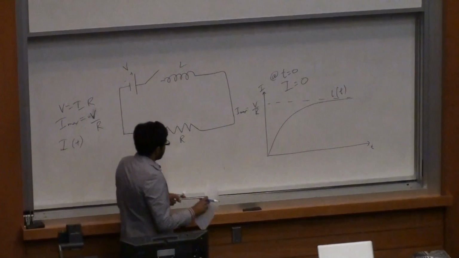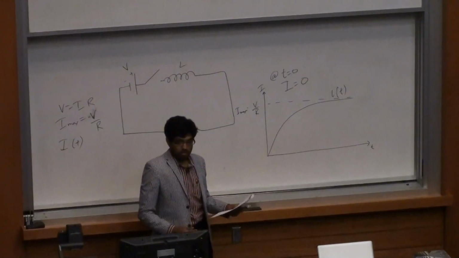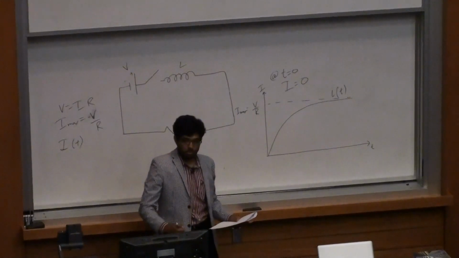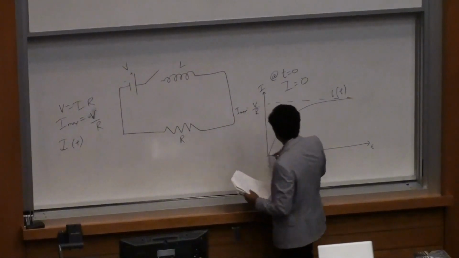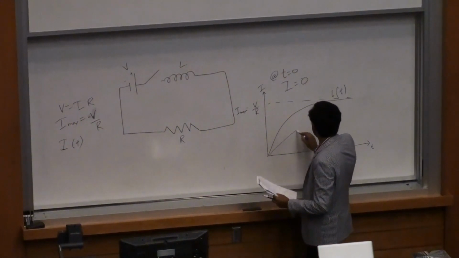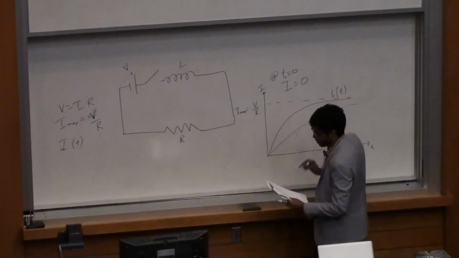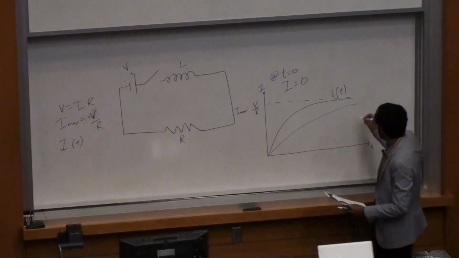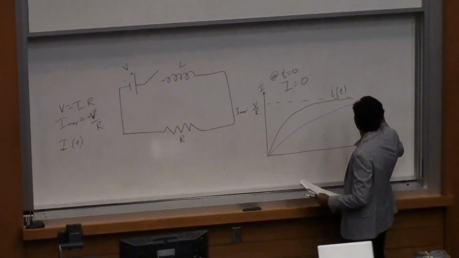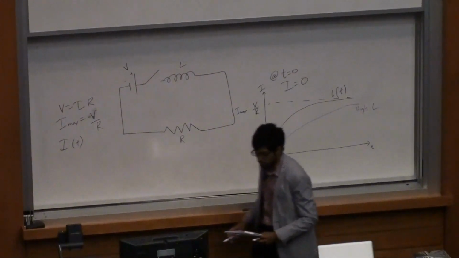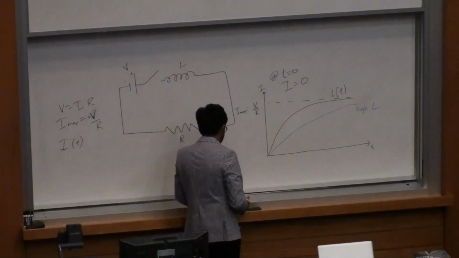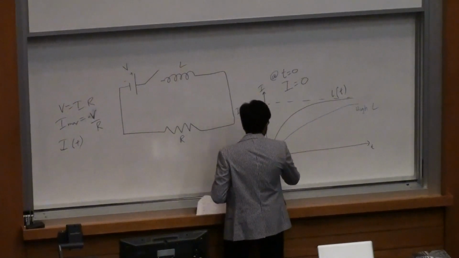However, if I have a really high self-inductance, what's going to happen? It's going to fight the change in current that much harder, which means that the current will rise much slower, and it'll take a lot longer to get to the higher value, to the I max. This is with high self-inductance. If I have really low self-inductance, I can expect it to look something like this,